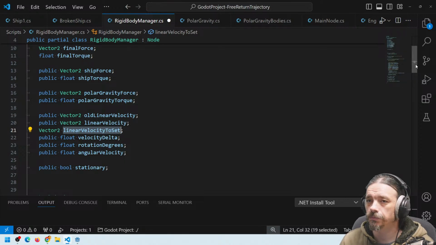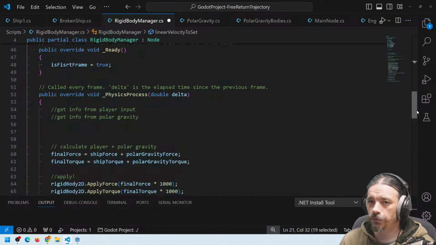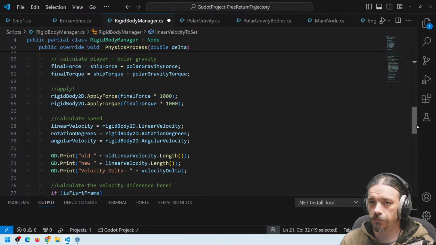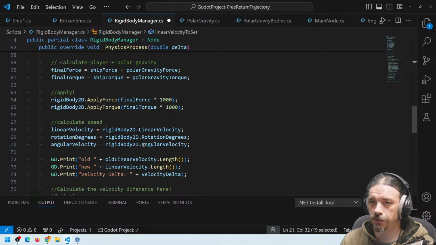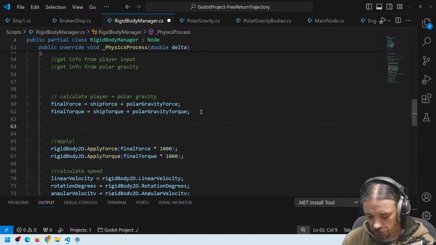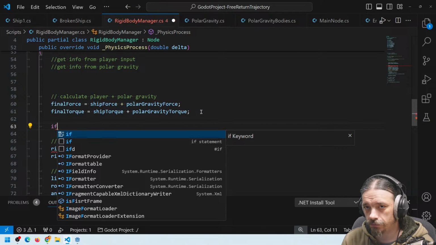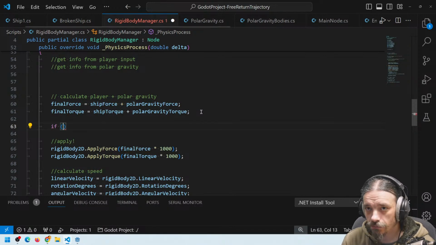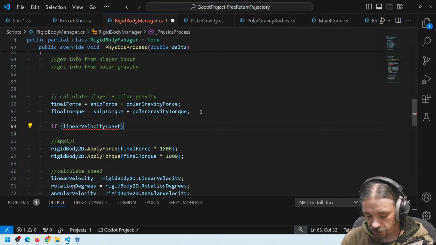Copy. And we will calculate everything as we did before. And then we are going to say if linear velocity to set is different from 0,